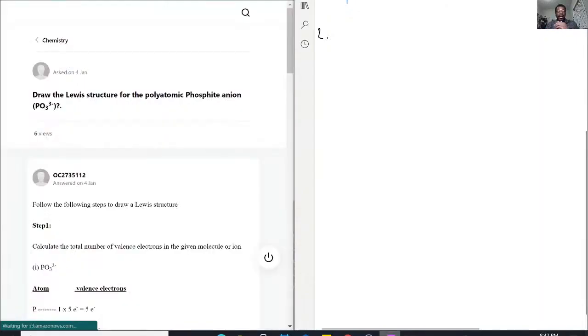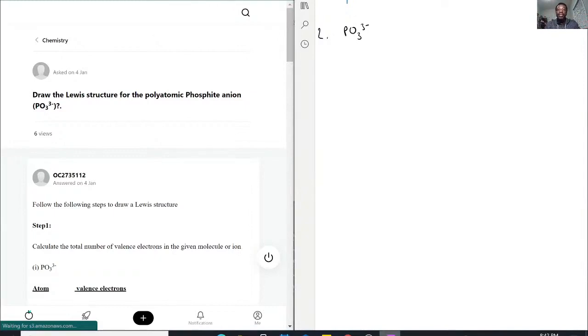So for this question we have, draw a Lewis structure for the polyatomic phosphite anion. Okay, so they want the Lewis structure for PO3 3- as they said there. So had they not told us what phosphite looked like, the key thing here is that, remember not to